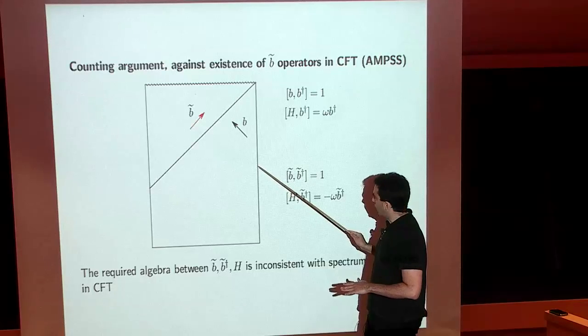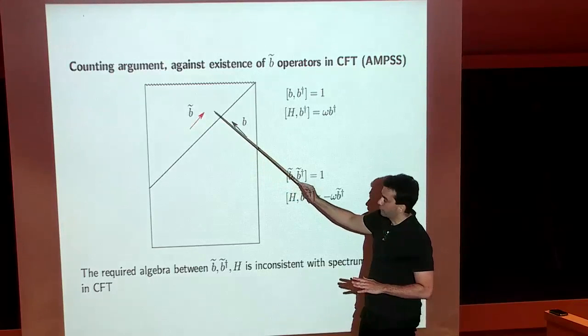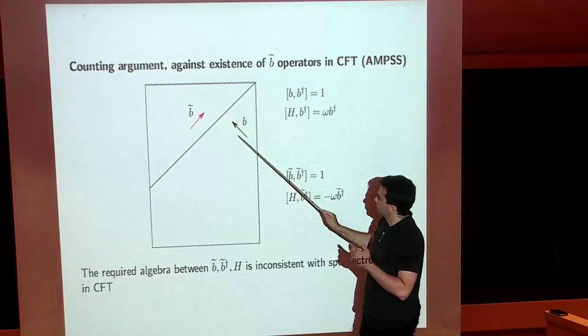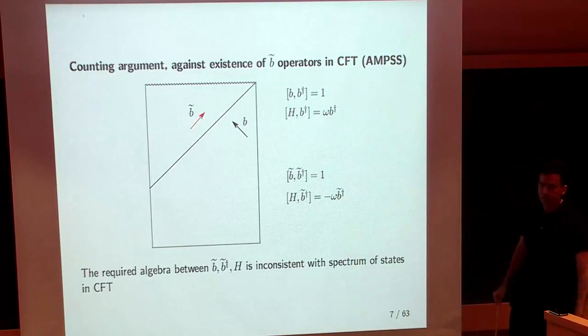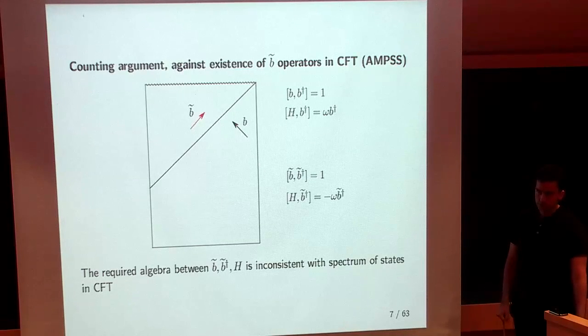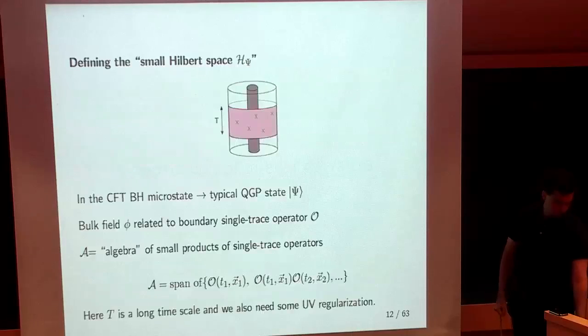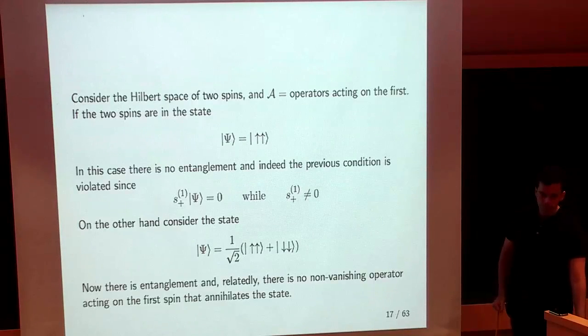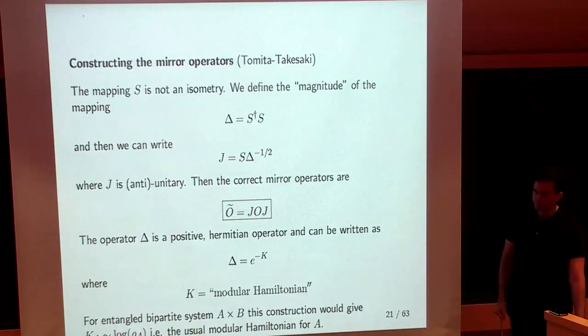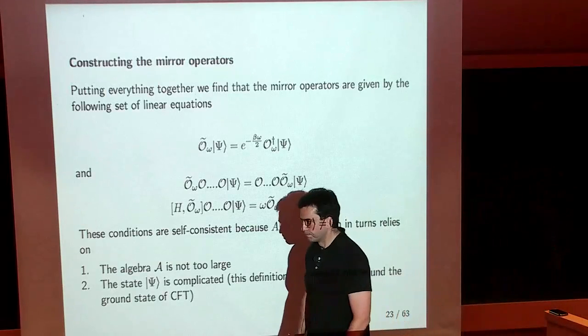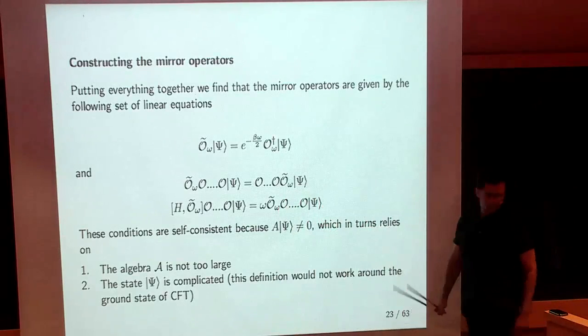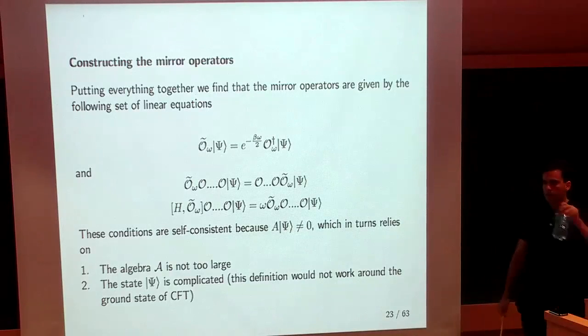So I throw an observer from the right side, let the observer fall in by measuring a certain amount of proper time, and that's the dressing that I want to use. Yeah, but then if you choose to dress them that way, then you must also have the O tildes not commute with the O's. That's very possible. Yes. But that's a 1 over n correction. That's right. This commutator is a 1 over n correction because the relationship between H and the stress tensor has an n squared in it.